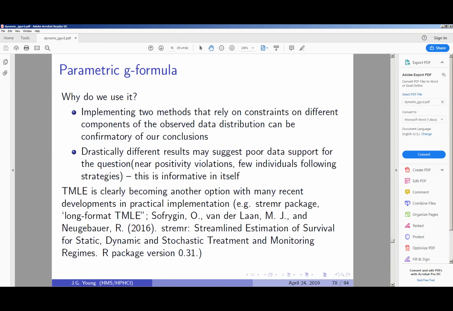And so then you have to decide. If you see very different answers, using more than one method can actually be informative, in that it gives you a sense of whether I shouldn't be asking this question and should probably tweak it. So that's one reason why you might want to use IPW, parametric G formula, and TMLE, or some combination of them. And as I said before, there are certain questions for which TMLE is not currently available.